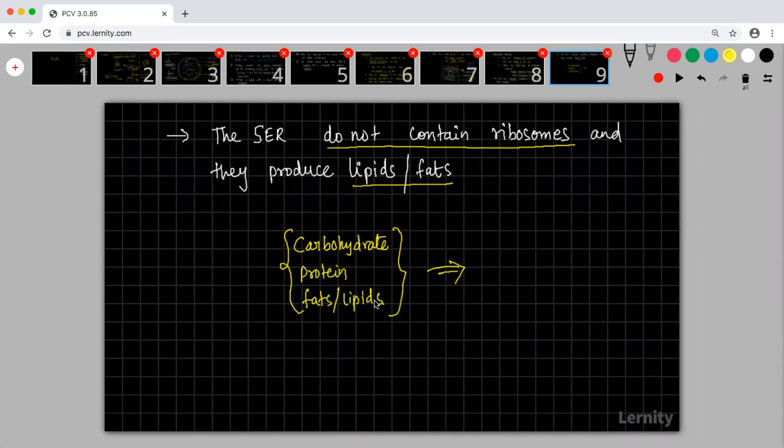Suppose I'm eating too many samosas, pizzas, ice creams, all sugary items and oily items, fried food, then what will happen? My body will break down those substances and it will try to build my body and I will become obese. What is that me becoming obese? Basically, my cells are becoming obese. I have to get lots of fats in my body so that my cells will start to produce.